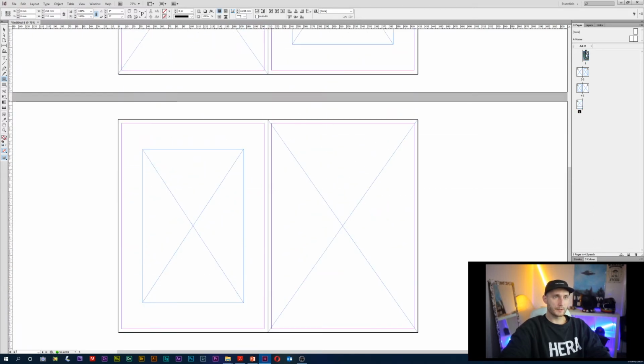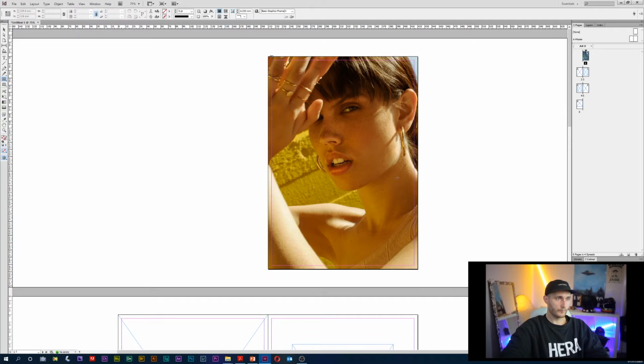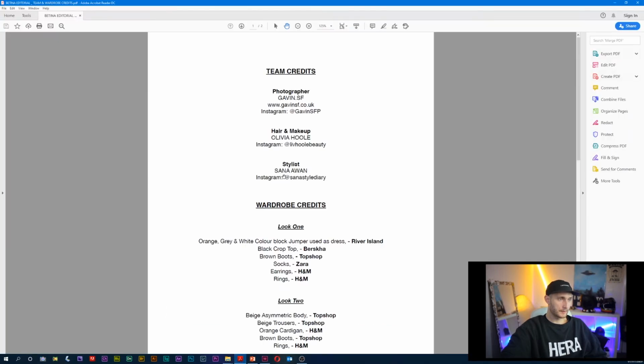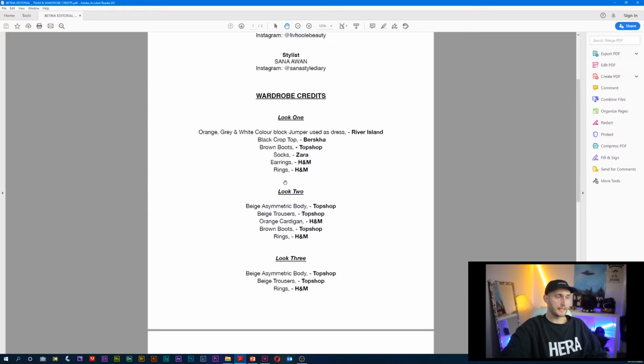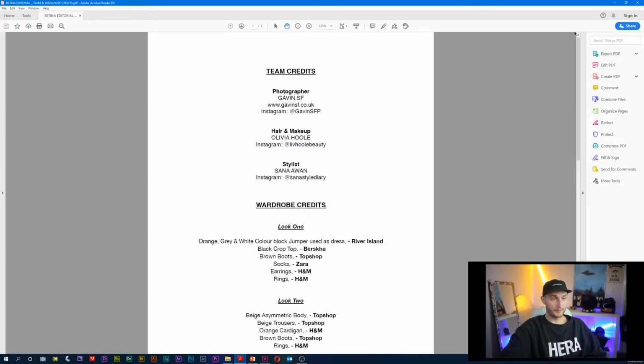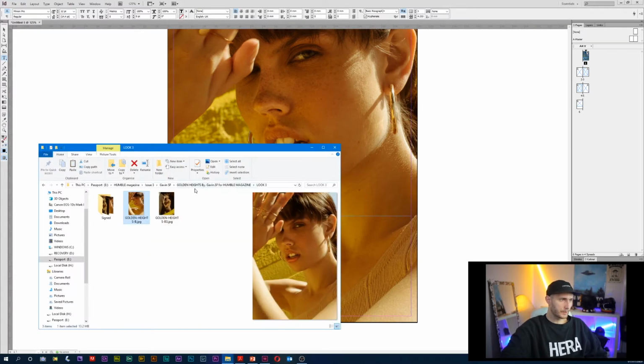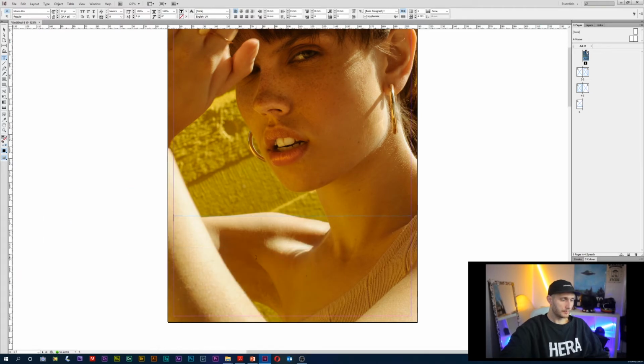So going back to the front cover, I want to add some text on here. What I need to do is click the type tool and select the frame. Then we can copy and paste the text that we need. But for this we're going to do, okay, so it's Golden Heights. Yeah, we're going to type in